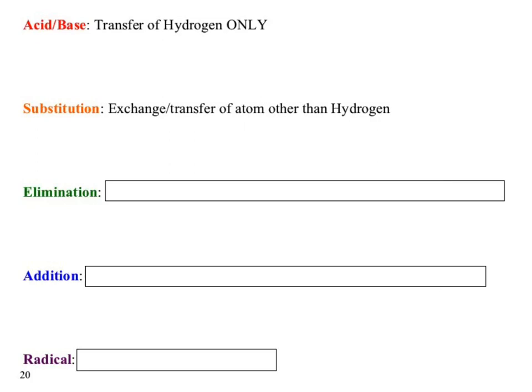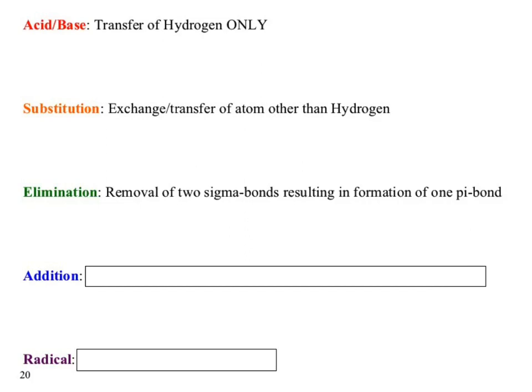Okay? What about an elimination? Elimination of sigma bonds. Okay? A loss of sigma bonds. I lost sigma bonds in a substitution. I lost sigma bonds in an acid-base. And creating a pi bond. Okay? And also the formation of a pi bond. So we have the loss of sigma bonds, but in the process of that loss, we result in the formation